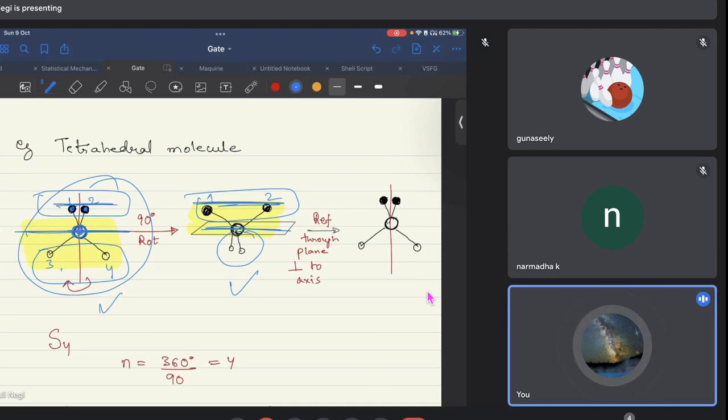So what you have to do after this rotation, according to the definition, you have to find one plane which is perpendicular to this rotational axis. So the plane which is perpendicular to